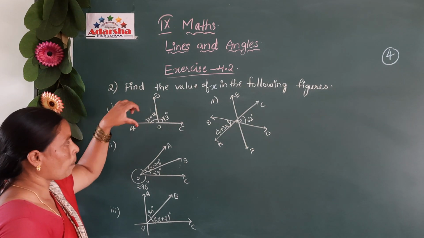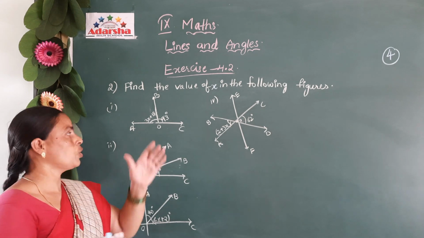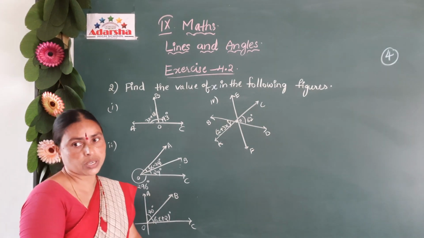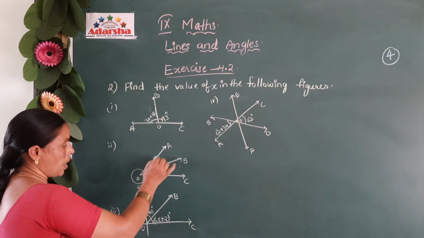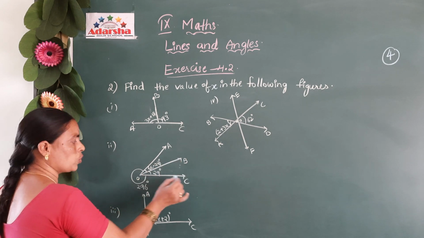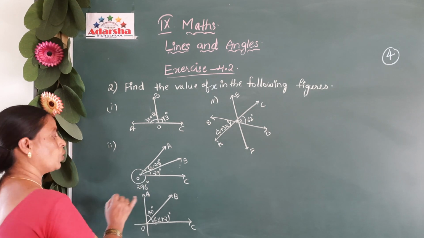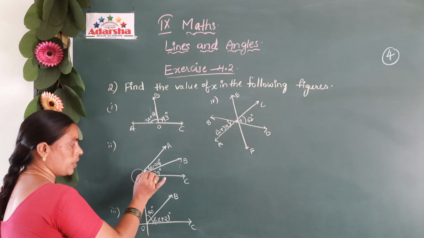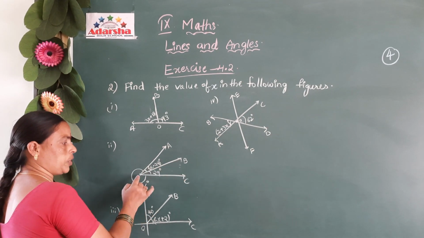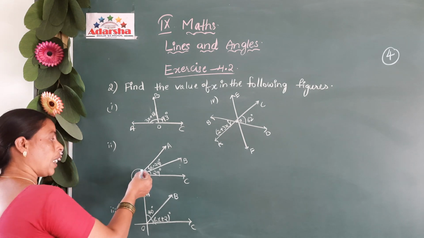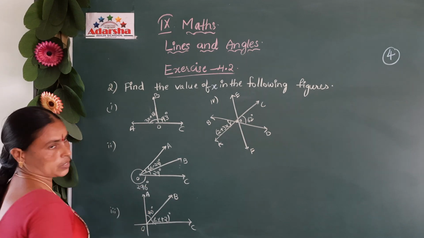3x plus 18 plus 93 equal to 180 degrees. Simplify that equation, you will get the value of x degrees. You have to find that. Next, the second question: here this is ray OA, ray OB and ray OC, with a point O. All these have a common vertex O, and the angle measures given are: angle AOB is equal to x minus 24 degrees, angle BOC is equal to 29 degrees, and the reflex angle AOC is equal to 296 degrees.